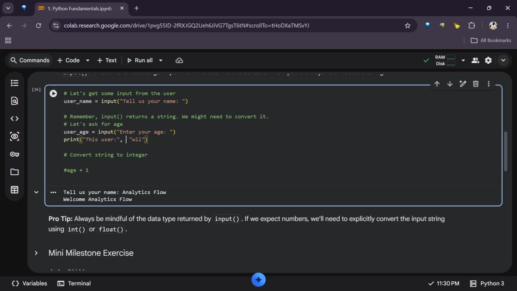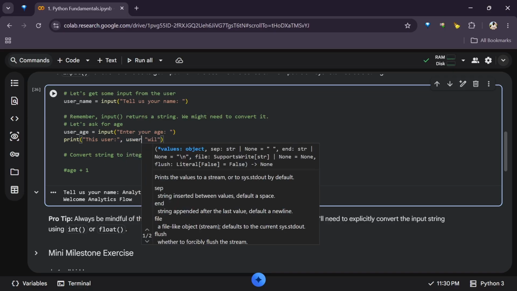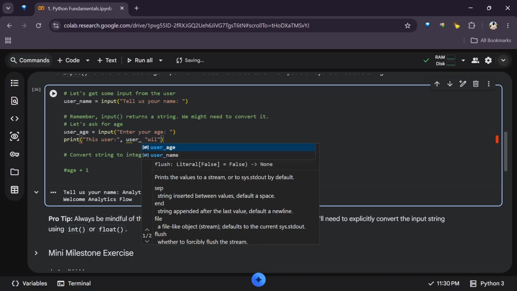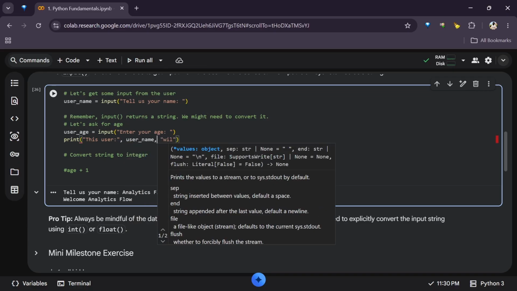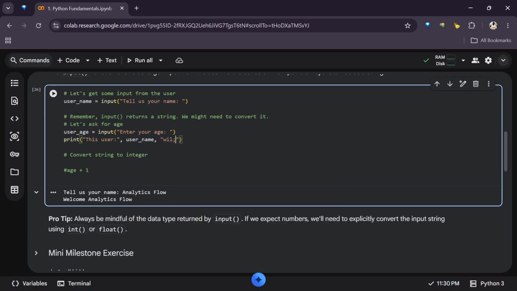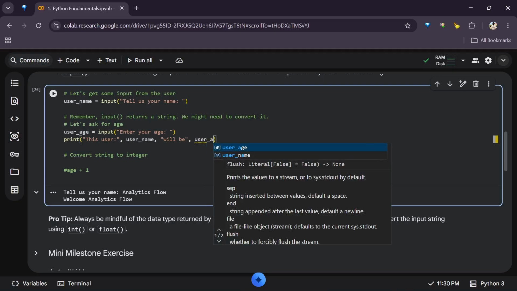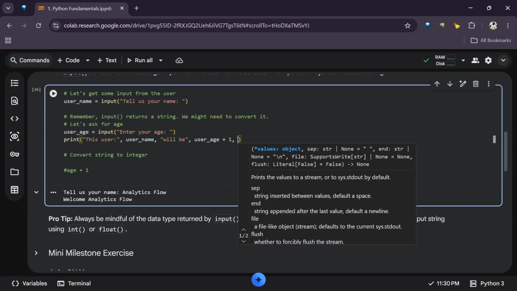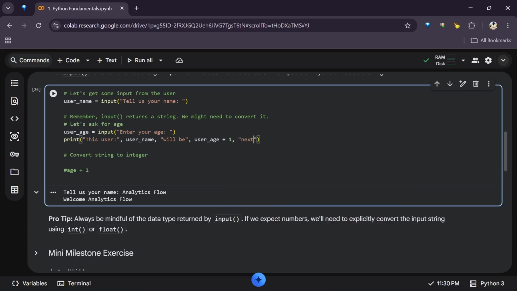So this user, then we'll pass in the username, comma again, will be, that's now the actual age plus 1. So user age plus 1 next year.